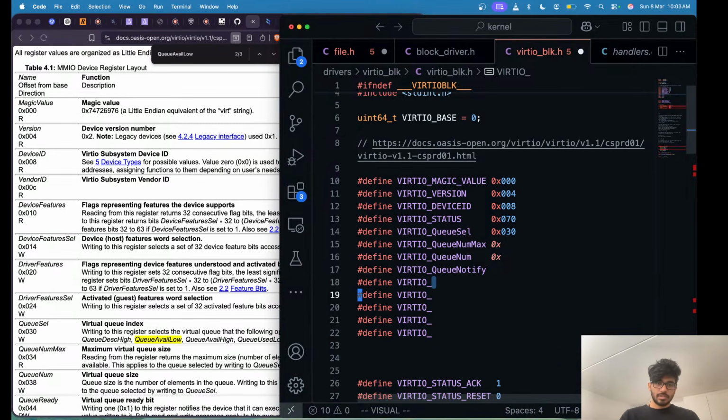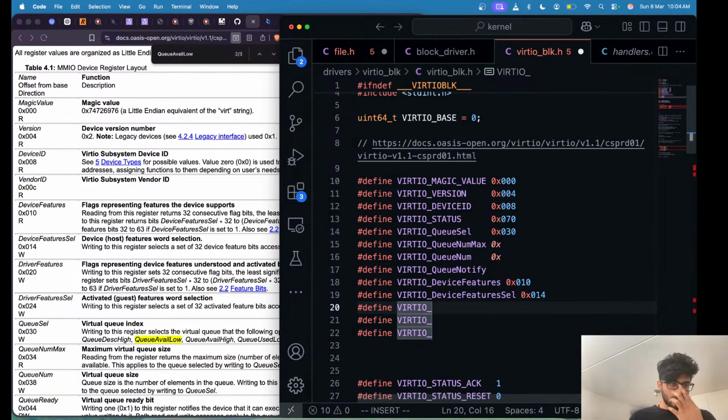It should be device features, and it is 0x010, and device features, just cell, it's 0x014,